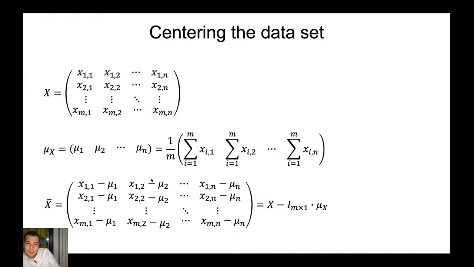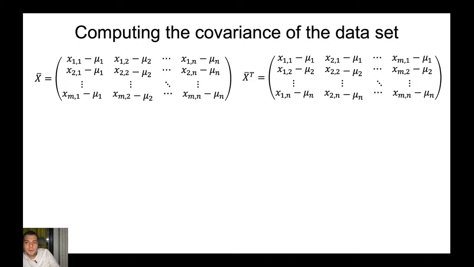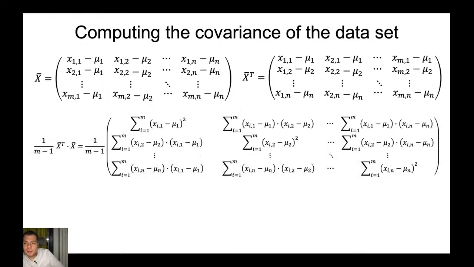This can be computed using matrix notation. So we can use matrix computation to obtain this matrix directly. So this is the centered version of X. We can also consider the transpose of this matrix. So if we transpose it, and then multiply it with the centered matrix,